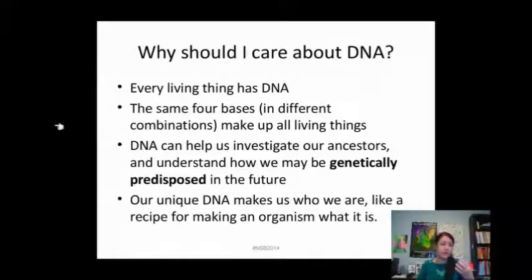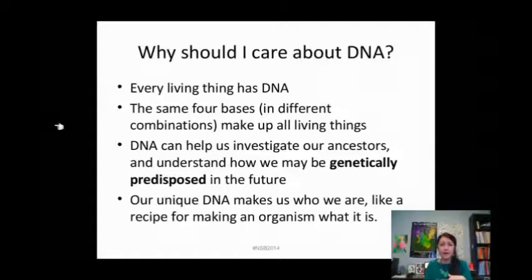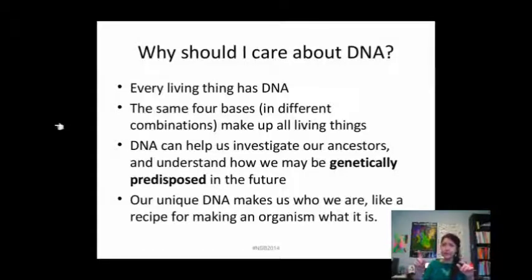So if you took some blood from you and some blood from your cousin, you would share a lot of DNA in common. If you are the mother and you have a child, there's going to be lots of DNA in common between you and your direct offspring. So DNA can help us to understand genetic predispositions, like are we going to get heart disease? Are we going to get diabetes? Are we going to get cancer? And it's also going to tell us some interesting things about the way that we act, the way that we live, because our unique DNA makes us who we are